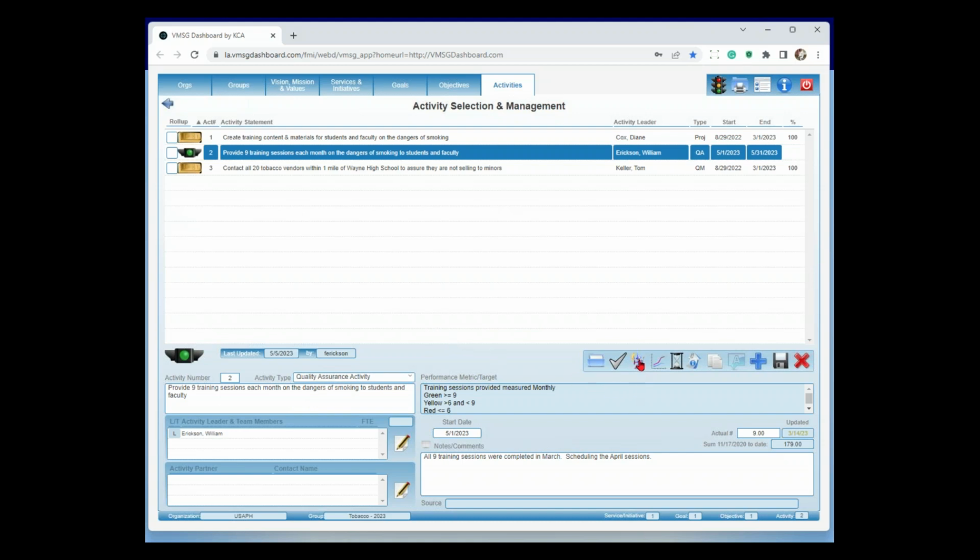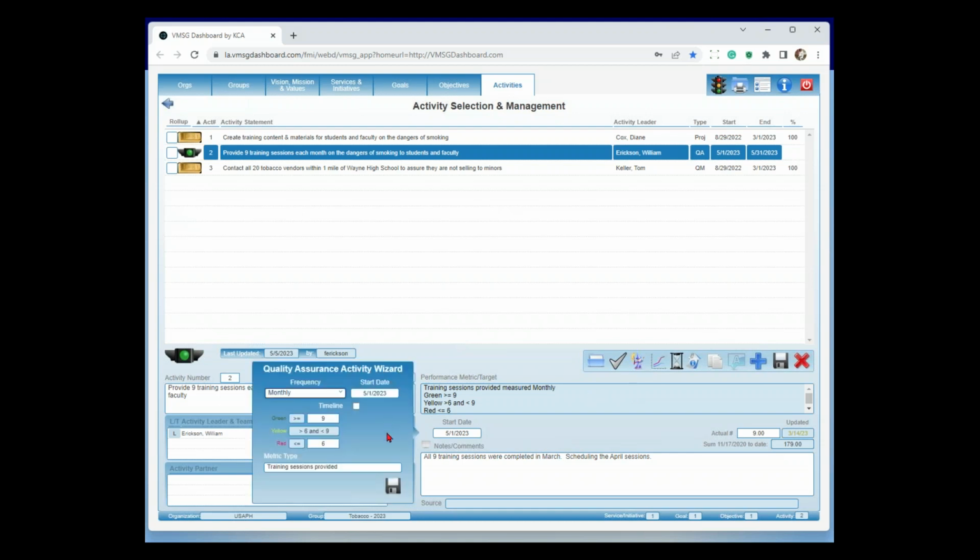This little guy right here is the activity wizard, so I'll open that up. So you'll notice we have a beginning date but no ending date because we have a frequency. So this is a repetitive activity. In this case, every month we're doing that. You can see the frequency selections here, and you go anywhere from weekly to every 5 years. What we're saying is every month we're going to update that date range so that we're always working within the date range. Down here, we have the ability to set the traffic light automatically in this particular activity.